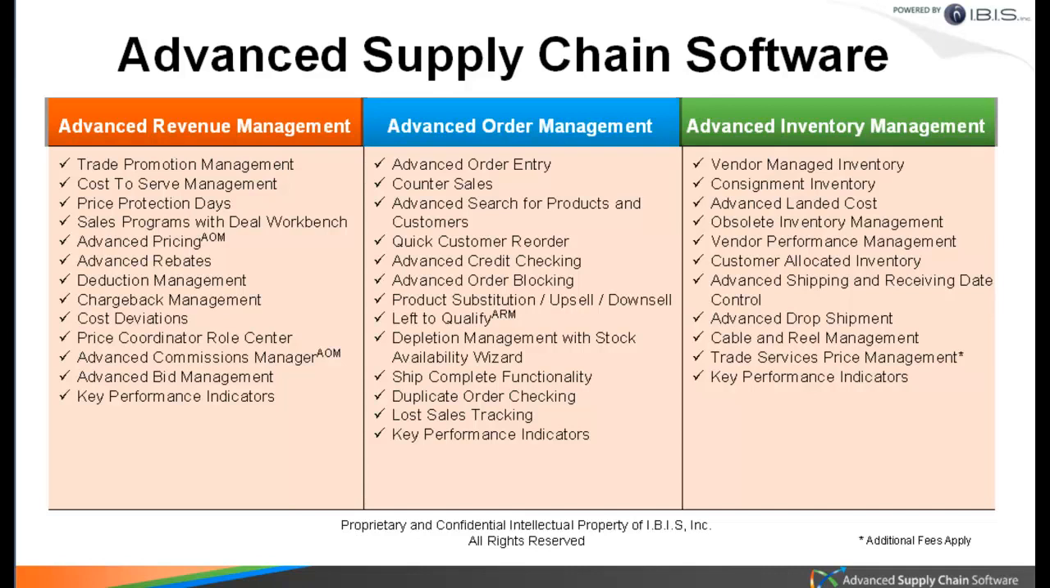You're looking at advanced inventory management with vendor managed inventory, consignment inventory, as I was mentioning, advanced landed costs, so you can get your true cost and true landed cost, advanced drop shipment, key performance indicators, customer allocated inventory. Again, when I talk about making sure that what you've got there and what you're working on is the same goals and objectives, these are some of the areas now that you're sitting down at, other than order processing side and revenue side, but actually the operational side, which is,